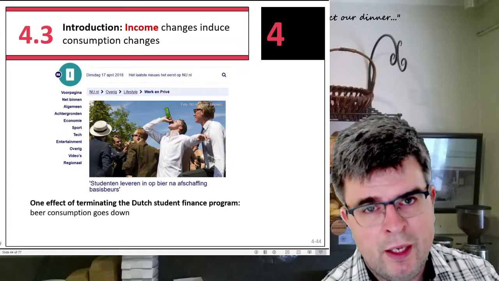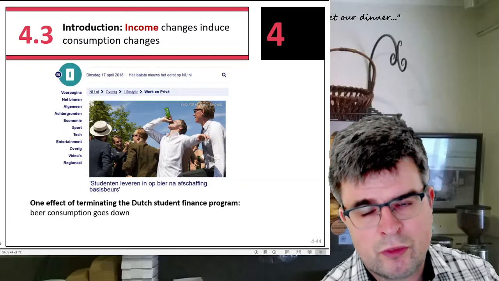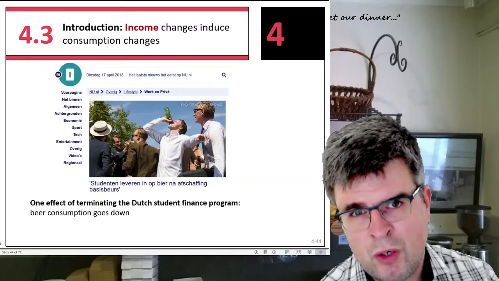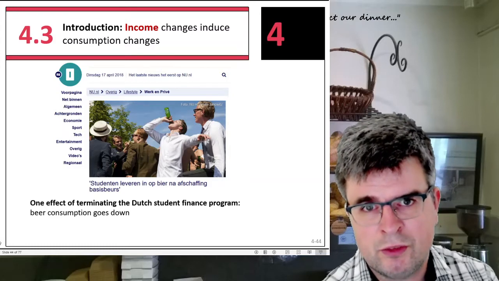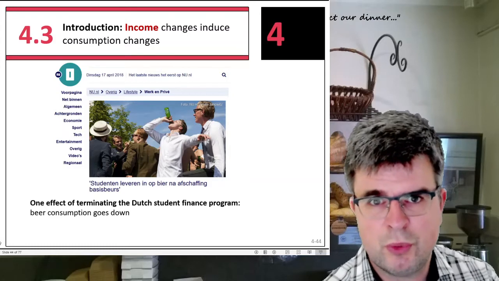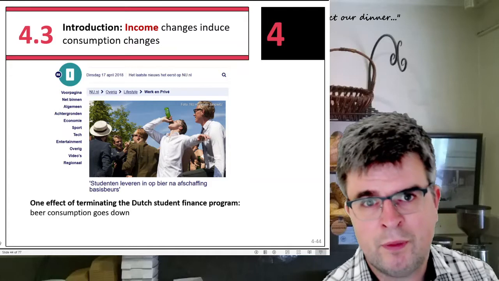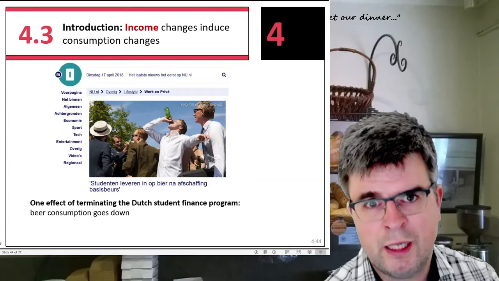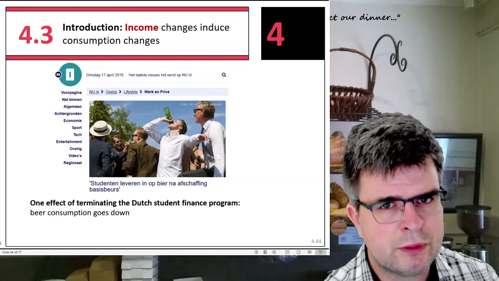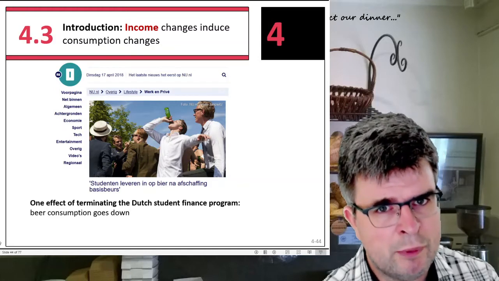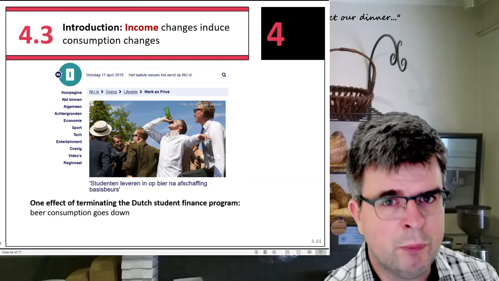Okay, and now we are going to introduce constraints. So far constraints didn't matter. We only looked at preferences and the translation of these preferences to utility functions and derived from that indifference curves and marginal rates of substitution. Now we are going to introduce something that we all face, a limited budget, and also the prices of the